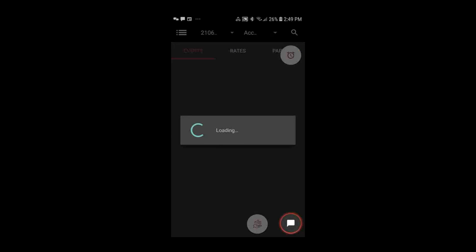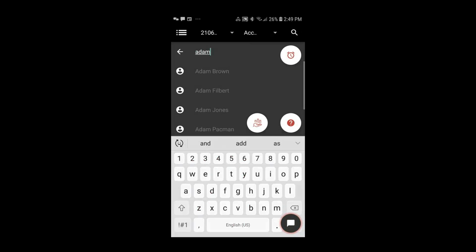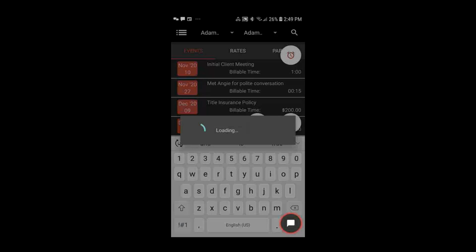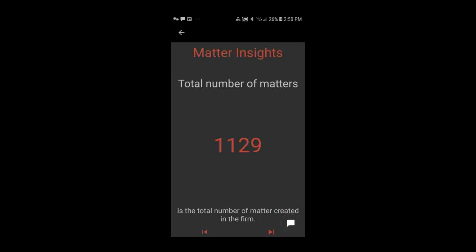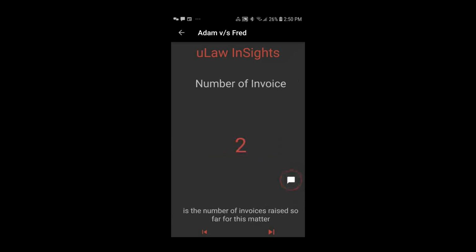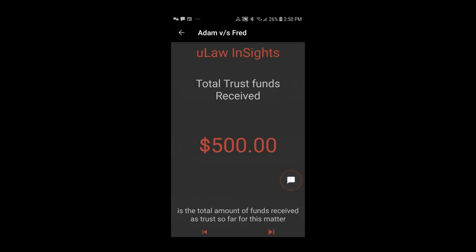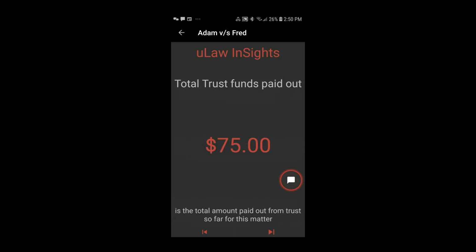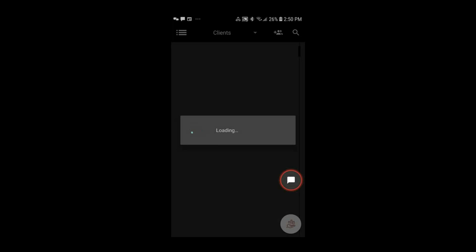Okay, so there's a lot of data that we provide you with. Or if you have to go specific, you could just search up Adam Silverstone, just like how we did on our web version. And you can draw analytics specific to him by clicking the question mark. And this is very specific to this particular file and all the information that you need. And this is the same information we looked at when we looked at it in the web. Okay? So I'm glad I was able to show you this,